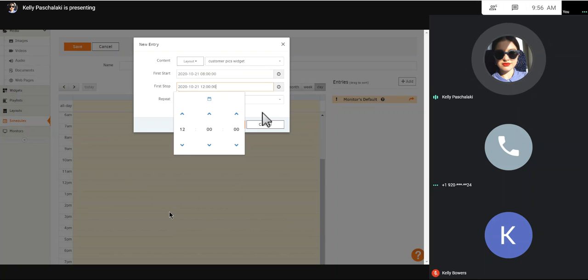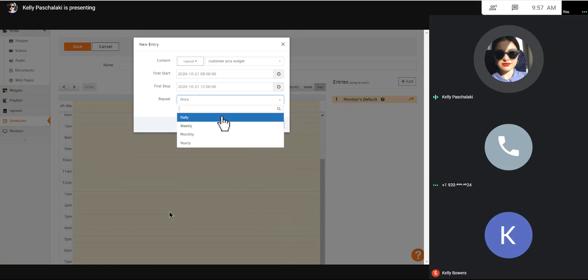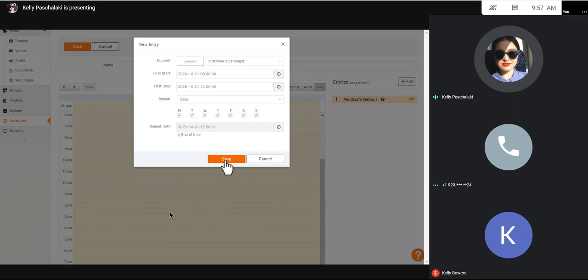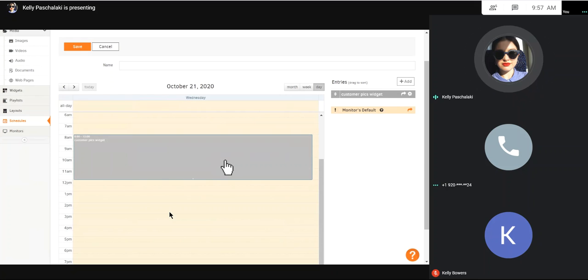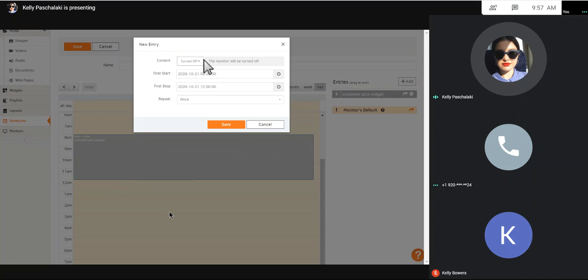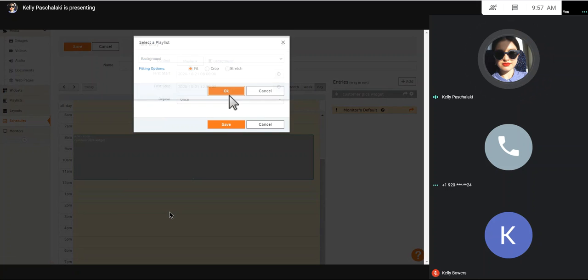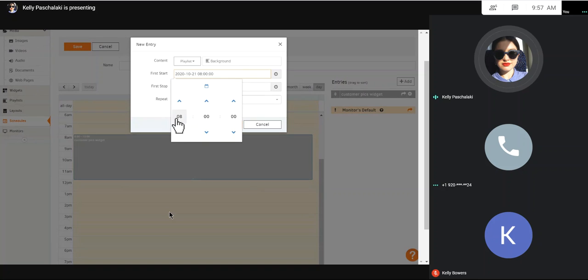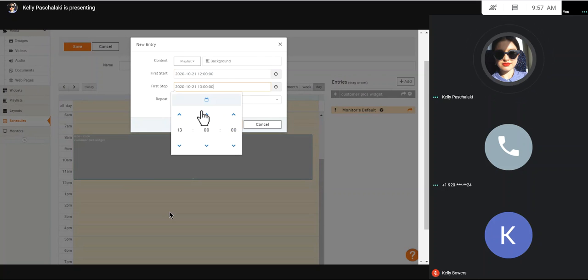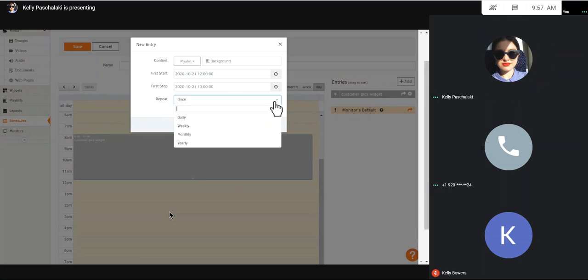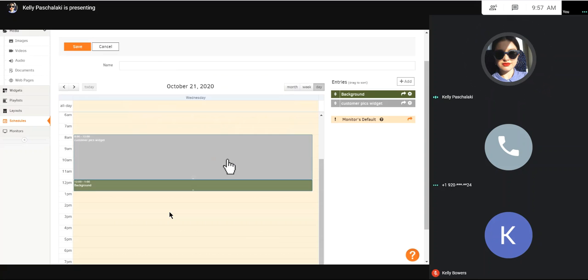And this is just also a nice way of keeping your viewers engaged. So instead of playing the same content on a daily basis, it's just a nice way of keeping the screen interesting. So yeah, I can have that playing from 8 to 12. Then if I want to add something else after that, again, clicking on add, going and finding the playlist, put in my background playlist, again, just assigning the time, 12 to 1, daily basis, click on save,